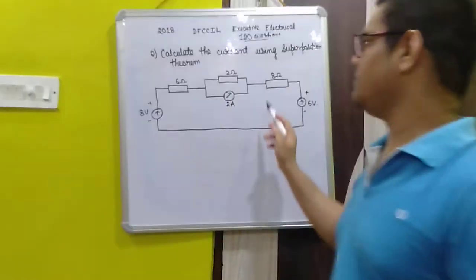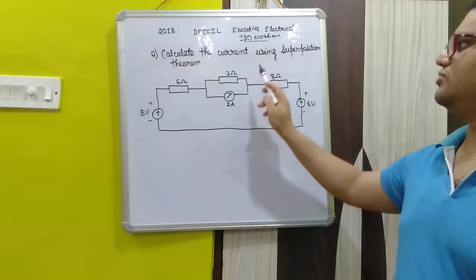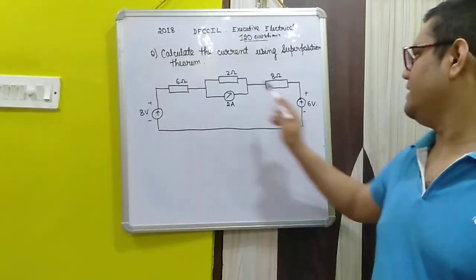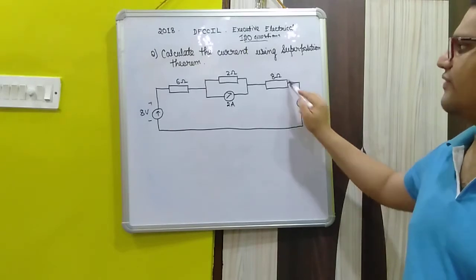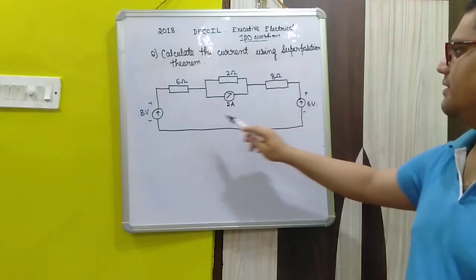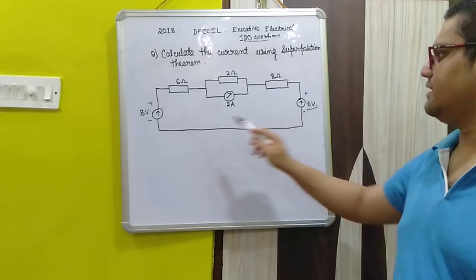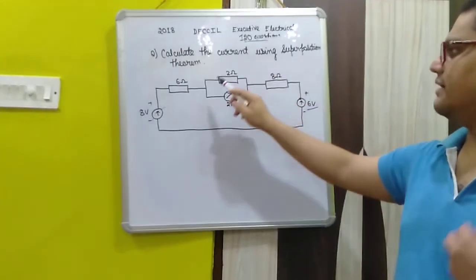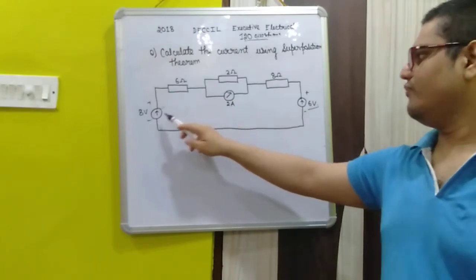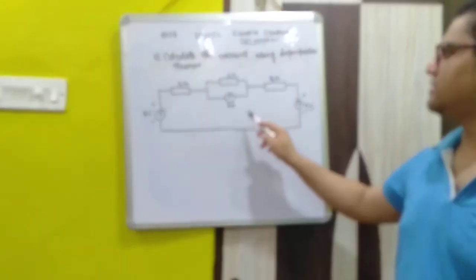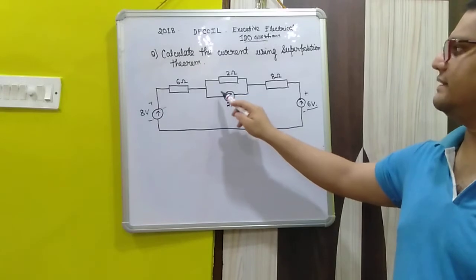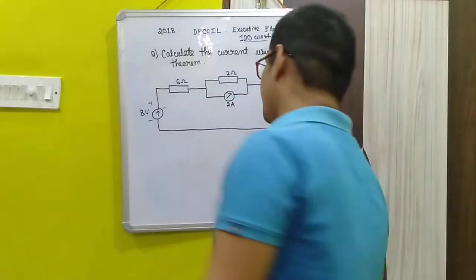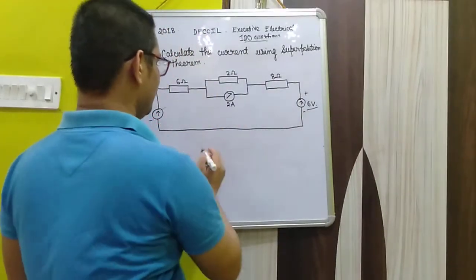Now you check how we calculate the current in this circuit. First we take this 8 volt as a reference voltage, and we will eliminate this. In the case of calculating the second current, we will take 6 volt as a reference voltage, and we will eliminate these two. In the case of the third current, if we calculate I3, we have to eliminate these two voltage sources and just take this current source to calculate the equivalent current. So first we calculate the total equivalent current.